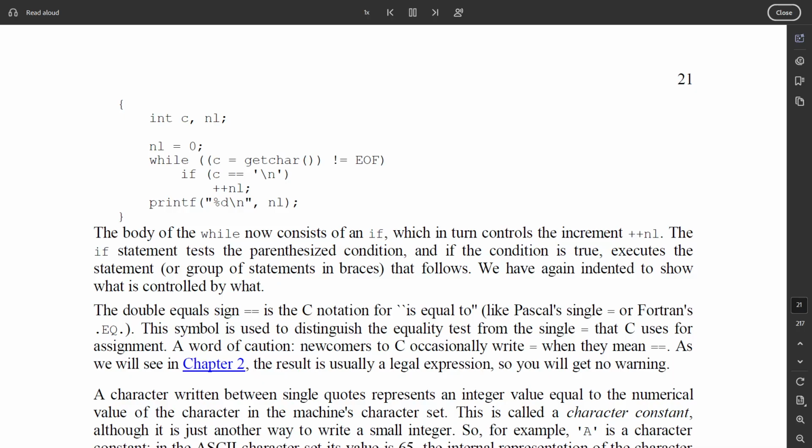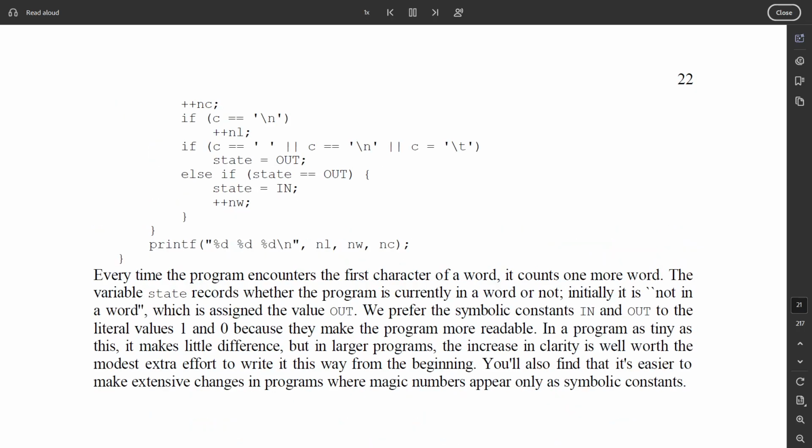#include <stdio.h> #define IN 1 /* inside a word */ #define OUT 0 /* outside a word */ /* count lines, words, and characters in input */ main() { int c, nl, nw, nc, state; state = OUT; nl = nw = nc = 0; while ((c = getchar()) != EOF) { ++nc; if (c == '\n') ++nl; if (c == ' ' || c == '\n' || c == '\t') state = OUT; else if (state == OUT) { state = IN; ++nw; } } printf("%d %d %d\n", nl, nw, nc); }